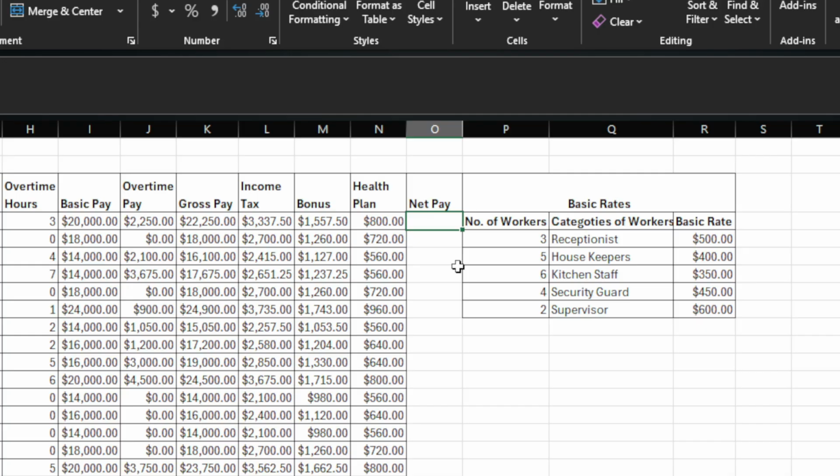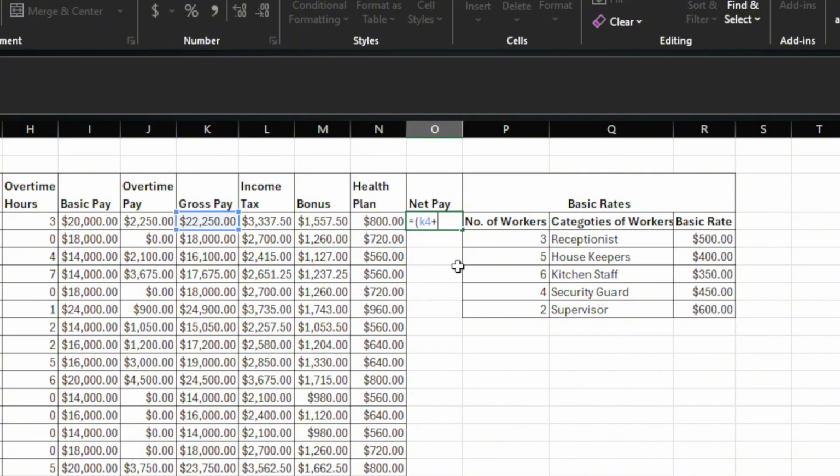Okay, now we are going to use several brackets for this. So what we are going to do, we start with this equal, which is gross pay, right? Gross pay is K4, put a bracket, say K4